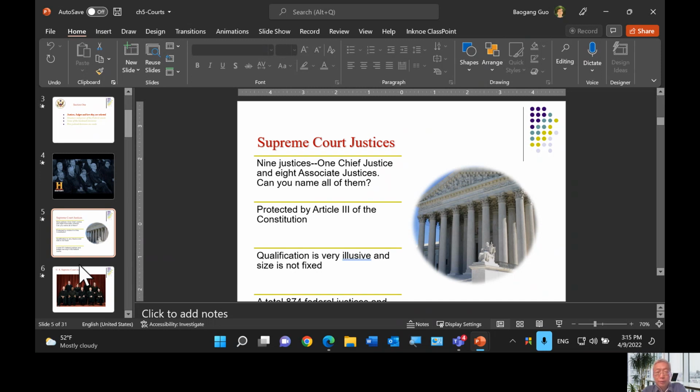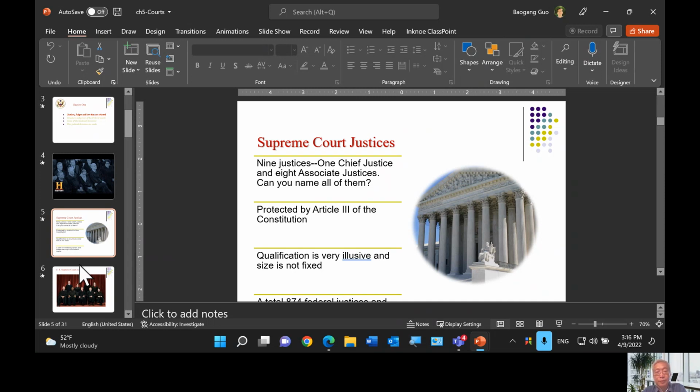We also mentioned previously that in the current judicial system, we not only have one Supreme Court, we also have a system of courts, such as the constitutional court and the legislative court. Altogether, we have about 870 plus justices or judges serving on different branches. Most of them are protected by Article 3, meaning they all serve for life, and they are protected.